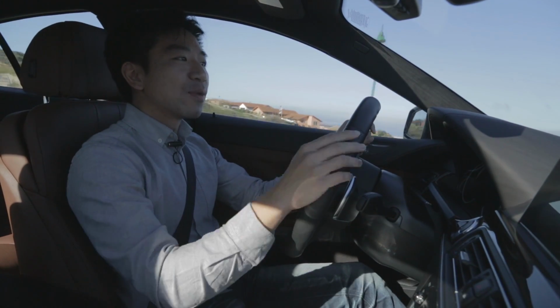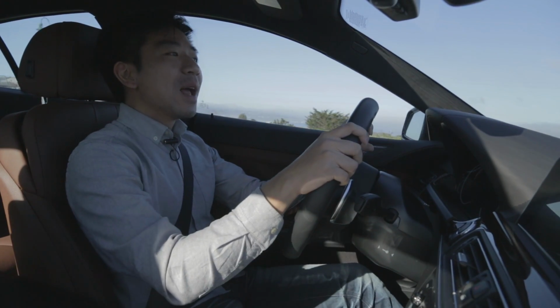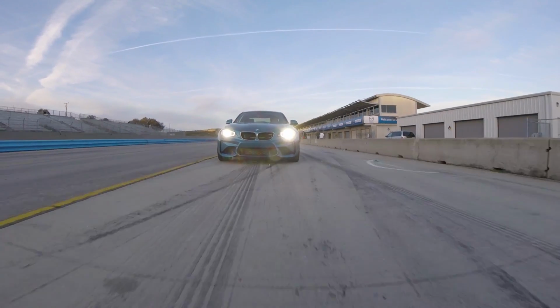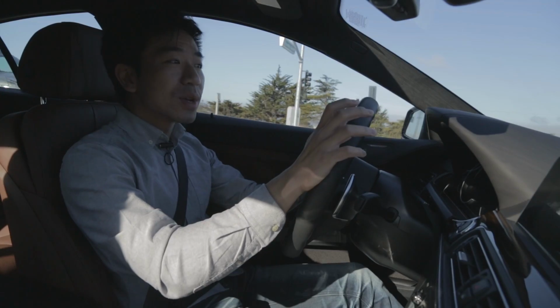Don't get me wrong, the M3 and M4 are still fantastic cars. I still respect and like them a whole lot. But now that the M2's come around, I know which car my heart is set on. I think that if you're a car enthusiast, you really owe it to yourself to go and try one out and possibly buy one. If you do get one,